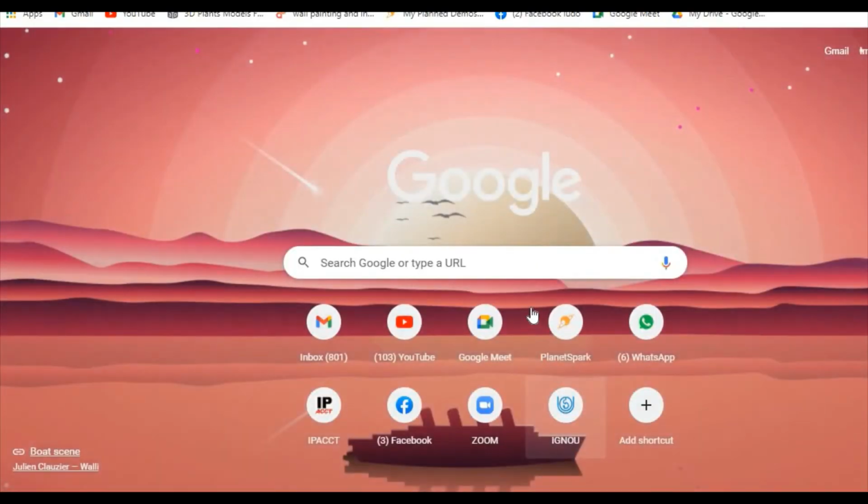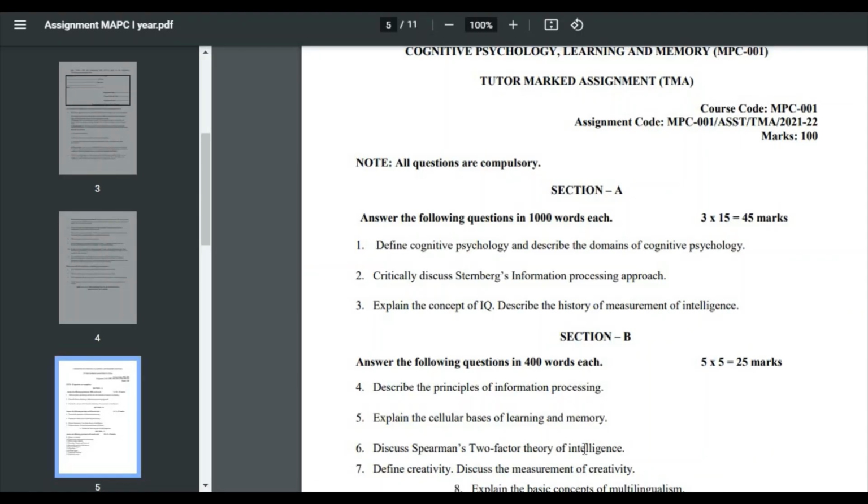So now in the IGNOU Student Zone, you will find all those details, and please download your assignment papers now. Keep solving your assignment papers because you have so much time now. It is only July, so you have a lot of time till March 31st. So don't wait. Download your PDF, start solving your assignment paper, and submit it as soon as you finish.